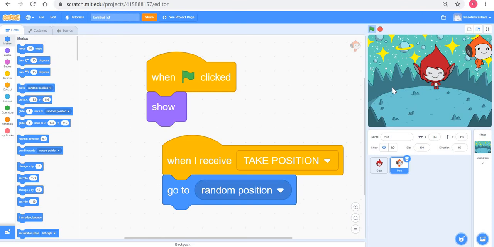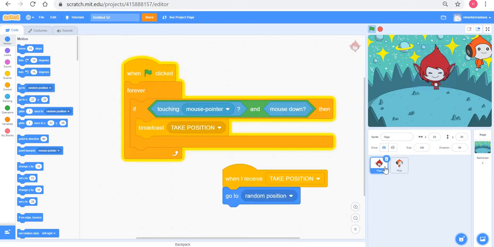So one very important use of broadcast is when I want to control a sprite by something that's happening on another sprite, right? In this case, I wanted to control Pico. Basically, I wanted to tell Pico, look, please go to a new position by clicking Giga.